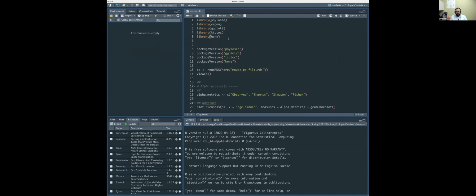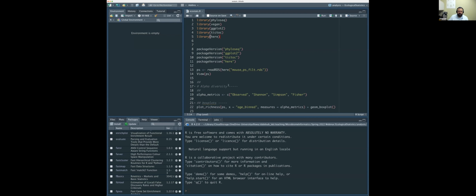And so if you load one library and then after it you load a second library that has a function named the same as a function in the library you just loaded, you'll get a message saying function X in library A was masked by function X in library B. And so the way to deal with that, instead of relying on the global environment, is to call that function specifically. So for example,